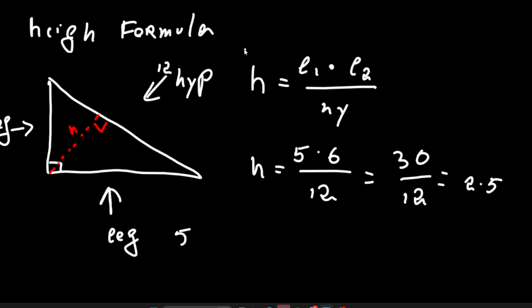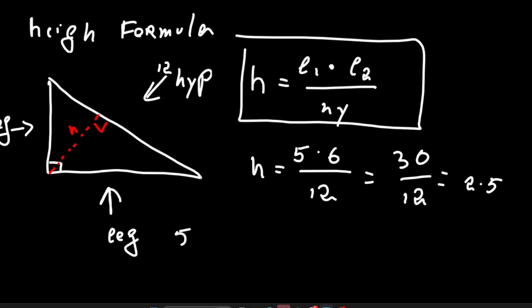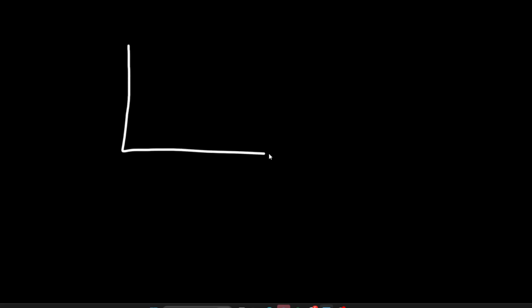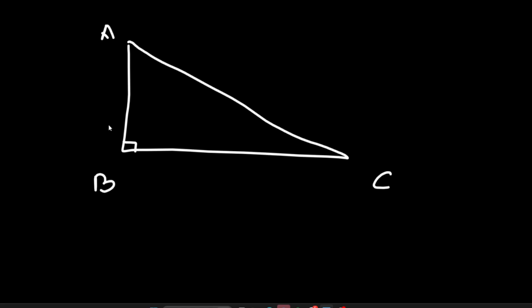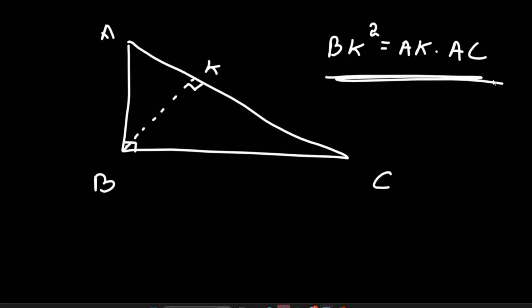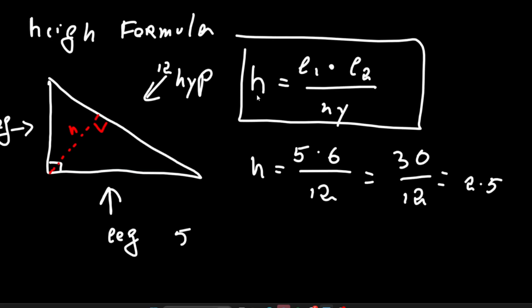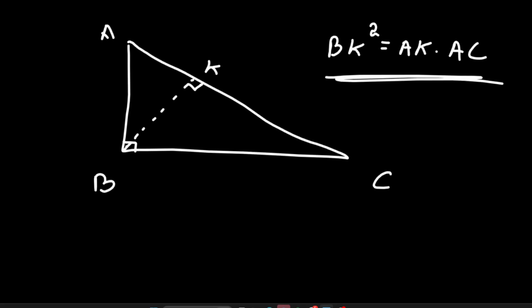Now, that's the first formula of a height. We also have a second formula. Again, think of a right triangle, and we're going to note it A, B, and C. We take the height of it, from the 90-degree angle to the hypotenuse, and we call it K. The second formula for a height in a right triangle is that BK, which is our height, to the second power is going to be AK times the whole hypotenuse AC. So we have the first, where height is equal to leg times leg over hypotenuse, and also height to the second power is equal to